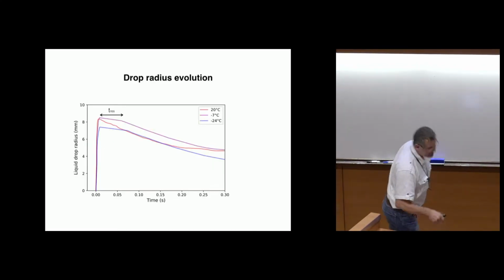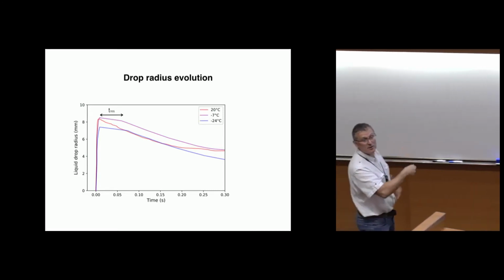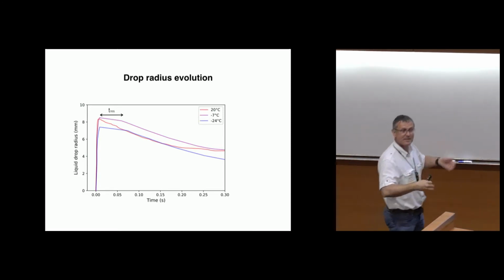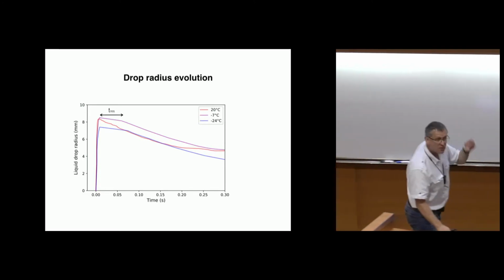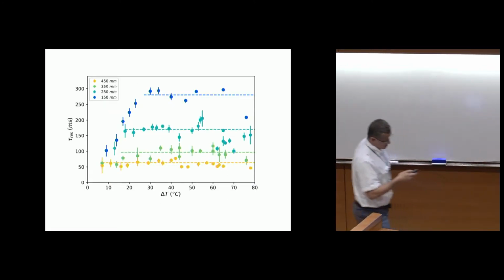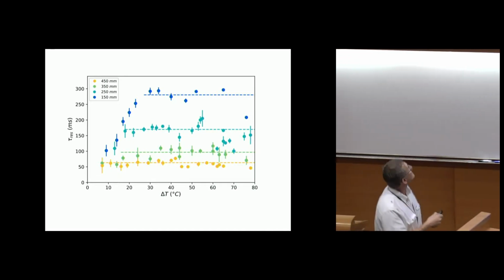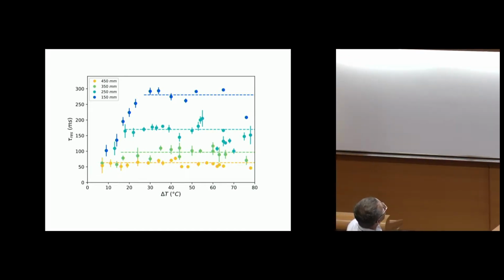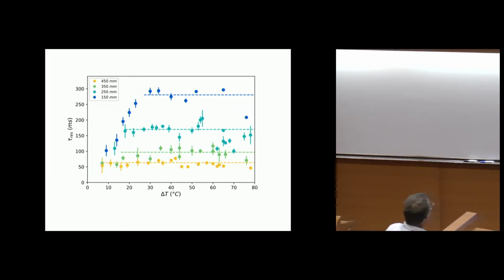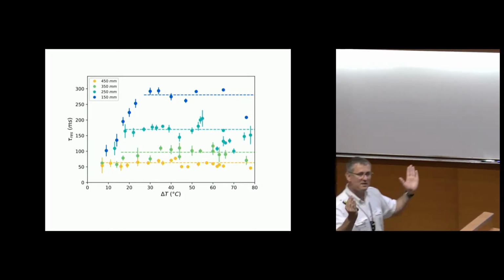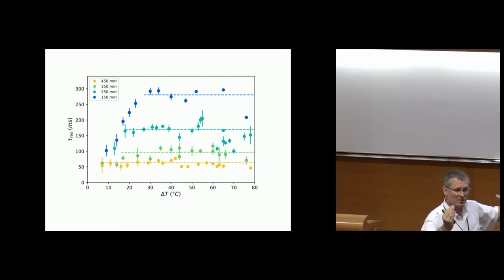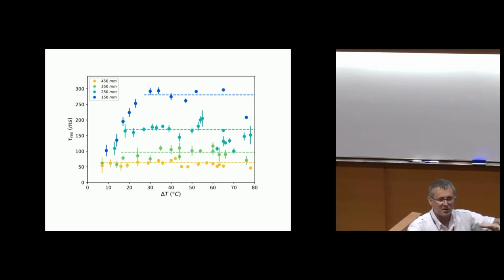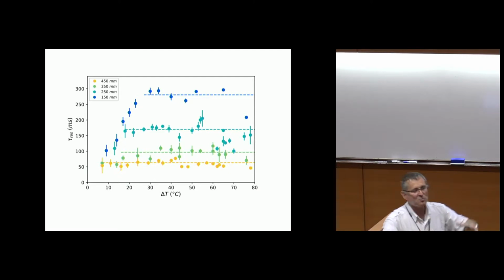Okay, so we could then measure this waiting time just to see how it evolves as you change the temperature and as you change the drop impact velocity. And we observe something which was a little bit surprising for us, which is that this waiting time, for instance, if you have a large impact, that means a large velocity impact, does not depend on the temperature. So everything is as if this waiting time during which the liquid is stuck by the ice layer is almost constant.